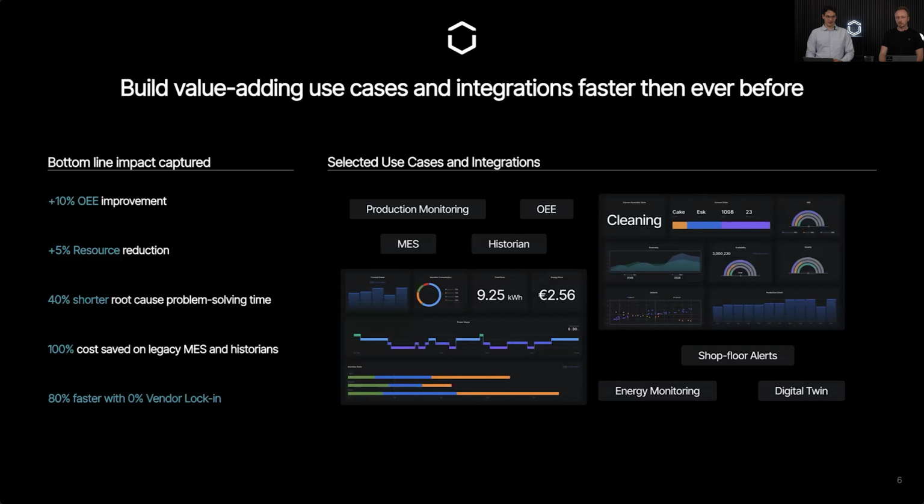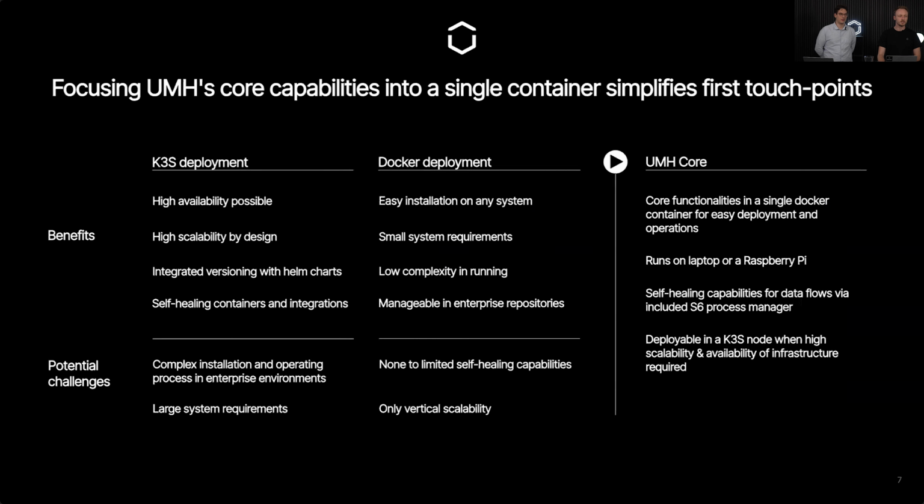That's pretty much it to UMH itself. And so let's then talk a little bit about the challenges that we had last year, pretty much. Also before that, but pretty much where did we go? Where did we start all that? So fundamentally, I think there are 2 things where the UMH Classic left a gap. In the market, there was fundamentally the way how you could deploy software, and then there was this, let's do it in Kubernetes. You can also do it as a binary, so install it on Windows, or you can do it just in a simple Docker environment. And then we chose back then the route because UMH was multiple services.